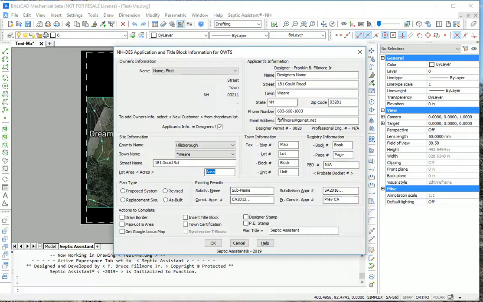Lot size, tax map number, deed book and page, whether it's a proposed new system, revised plan, replacement system for like a failed field, as built, subdivision approval number for New Hampshire systems, subdivision name,